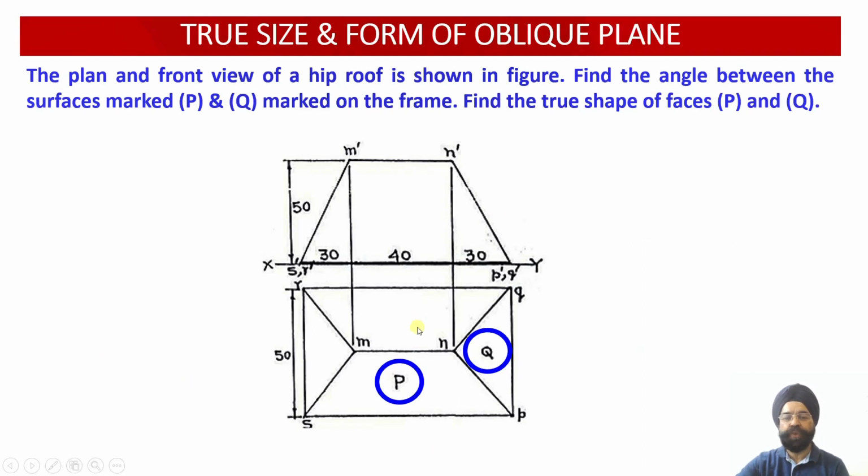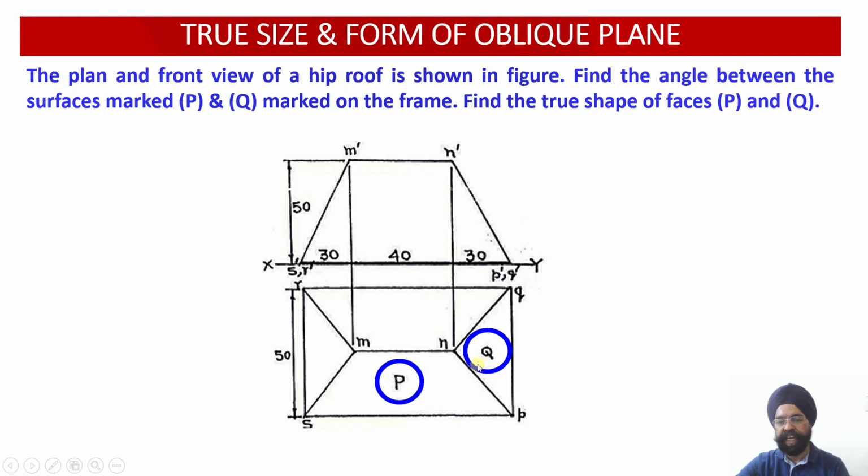You see the different sheets of the canopy: sheet 1, sheet 2, sheet 3 and sheet 4. Sheet 1 and 2 are the same, and sheet 3 and 4 are also the same. My objective in this case is that the front view and the top view of the canopy of a roof are provided to us. The coordinates of the canopy are provided to us.